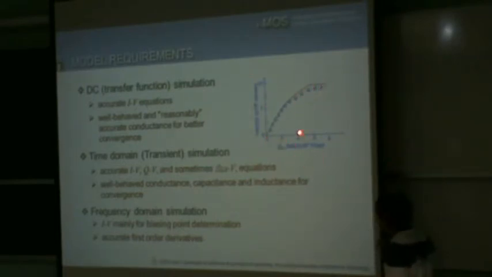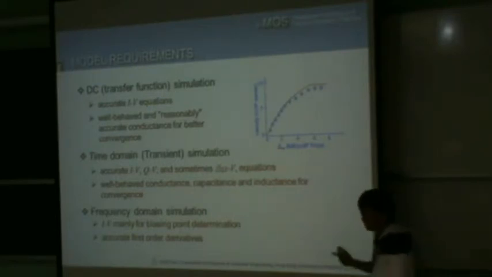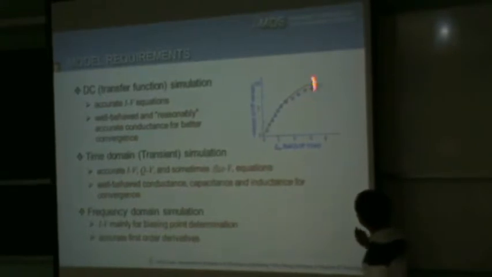But some models get a discontinuity at some point because they use a piecewise model to connect it. So if you iterate in this region or this region, you're fine. But if you iterate in this region, if you go back and forth, you may have convergence issues. But this may not affect the accuracy. So some models pass this test, but if you go to the simulator, it may cause problems if you're simulating around this point.